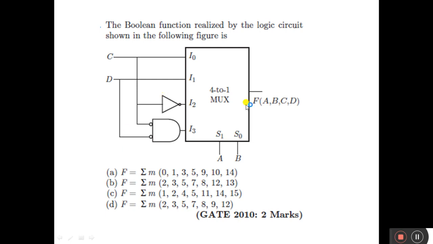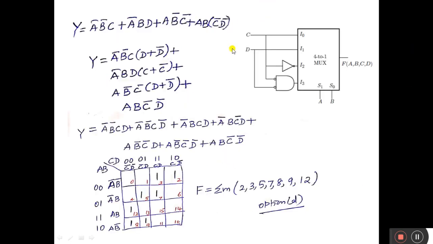So we will discuss the solution with the circuit given. We know the selection lines A, B, as we just discussed. Accordingly, if I write the equation, A, B multiplied with I0, this function becomes A bar B bar C and A bar B D. Next, selection line I1: A bar B C bar, because the C is inverted and given to I1. Then A B bar into C bar.